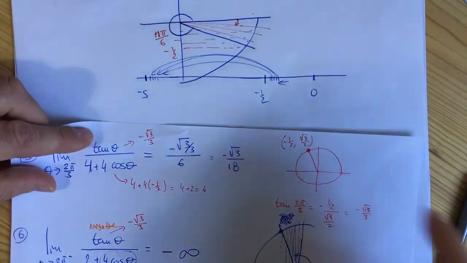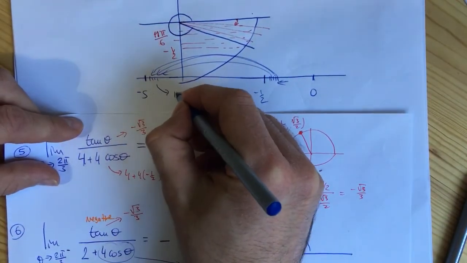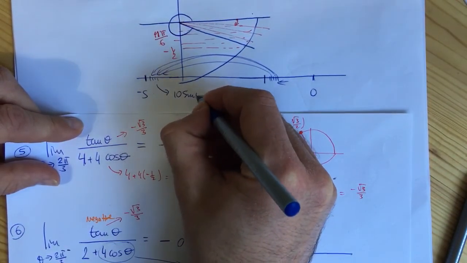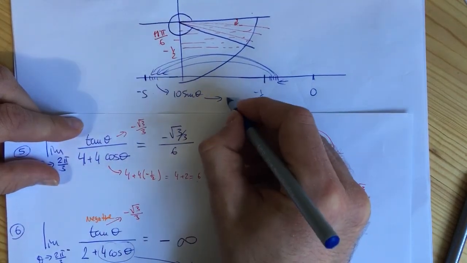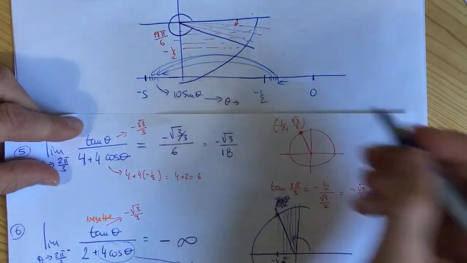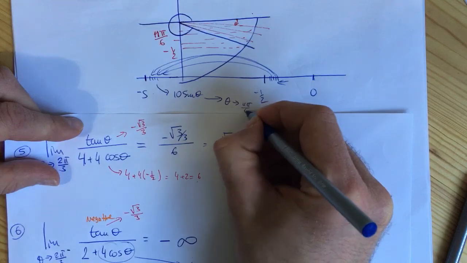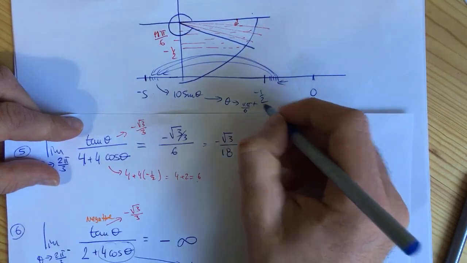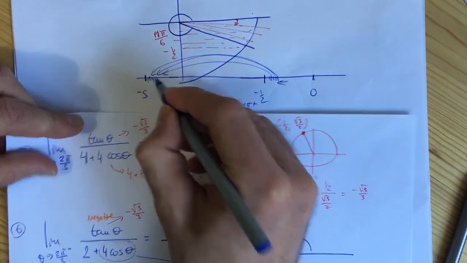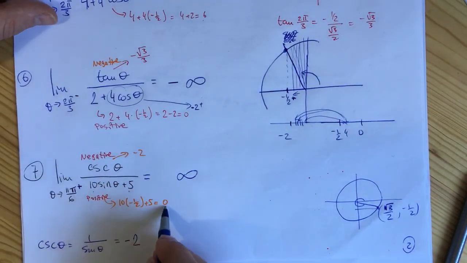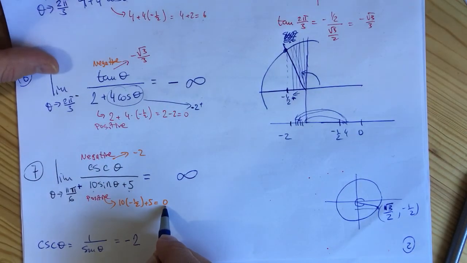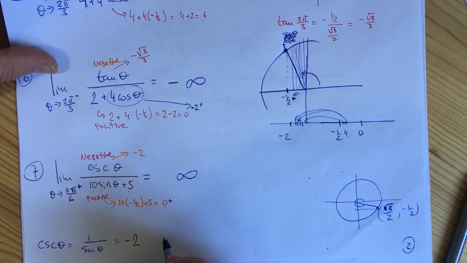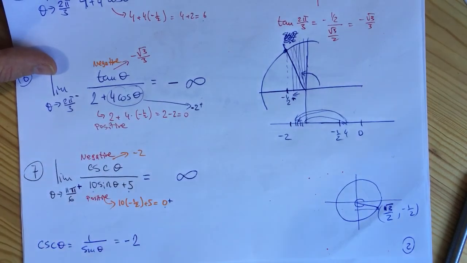These values are 10 times sine of theta as theta approaches 11 pi over 6 from the right. All of these values plus 5 are going to be close to 0, but they're going to be positive. So negative divided by positive is